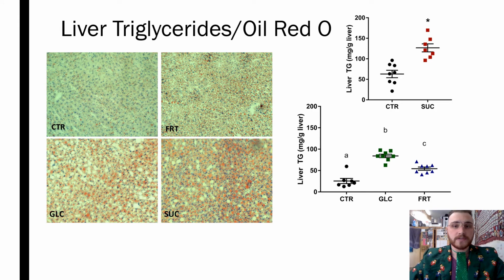the fructose cohort. On the right, we can see a graphical analysis of the liver triglyceride accumulation in the mice. This was done through a liver triglyceride assay. There was a significant increase in the liver triglycerides in all three of the sugar populations in comparison to their